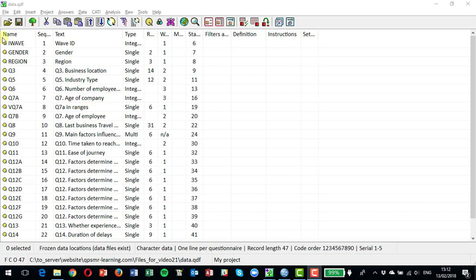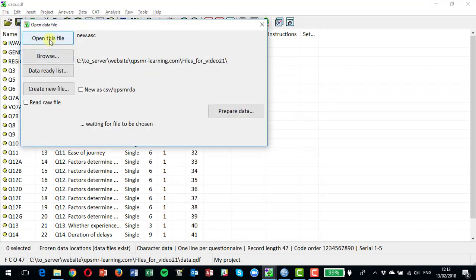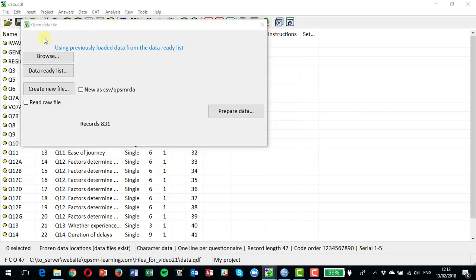We're going to start by looking at some of the more simple exercises that you can carry out exporting data. We're going to start with going to the File menu and looking at how you export to SSS and SPSS. So if we click on this here, we have a project here that's got about 800 records. We can just click on the SSS link here, open the data file. If you haven't got the data file present there, you can browse for it and select it. I've already got it selected, so I've just got to click on the Open file